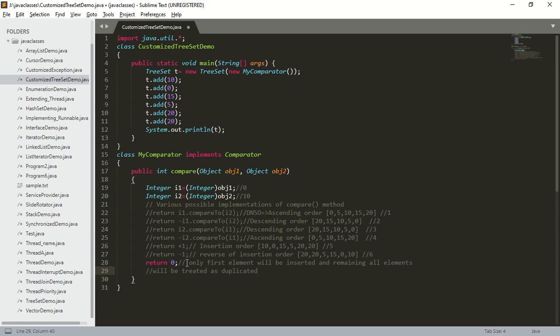So what will be the output in this case? The output will be only the first element. So save this.